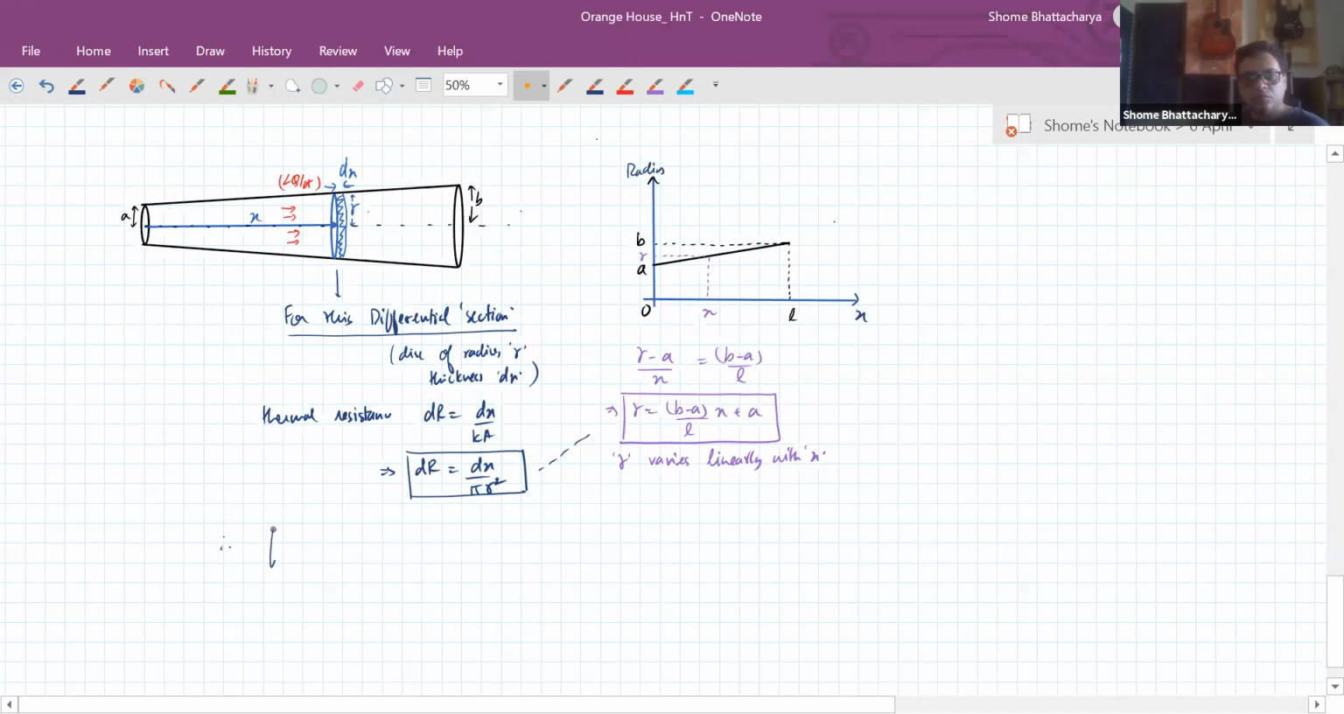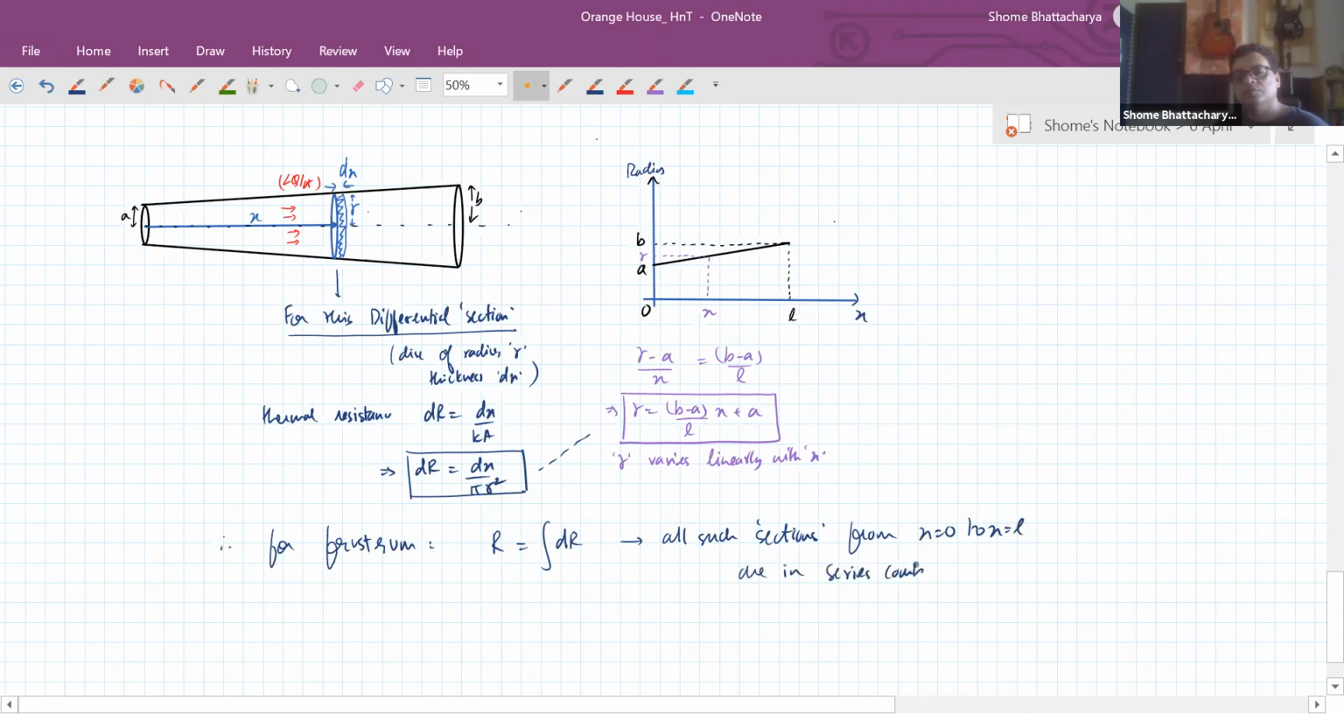So now for the frustum, the equivalent resistance will become this, because all such sections from x equal to 0 to x equal to L are in series combination. So we are doing the summation by integration. So equivalent resistance will become this integration,